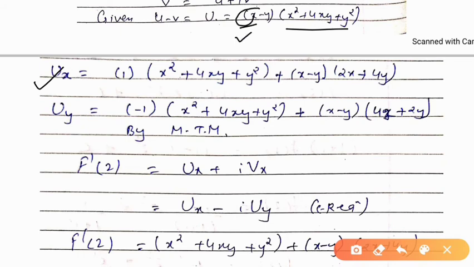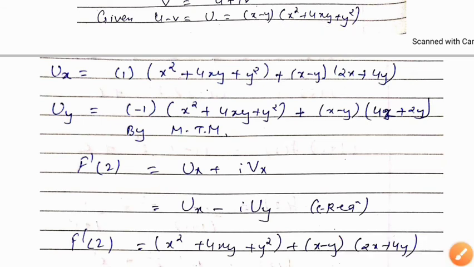The differentiation of x is 1 and y will be constant, so the differentiation of y is 0. The second part will be as it is. Now the first part will be as it is, and we will differentiate the second part. So the derivative of x square is 2x, so here we will take 2x, 4 and y will be as it is, and the derivative of x will be 1 and the derivative of y square will be 0. So this is our differentiation with respect to x.